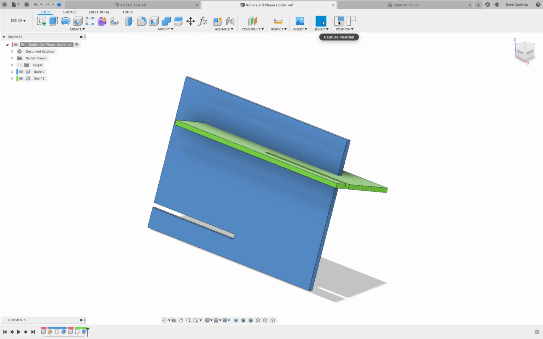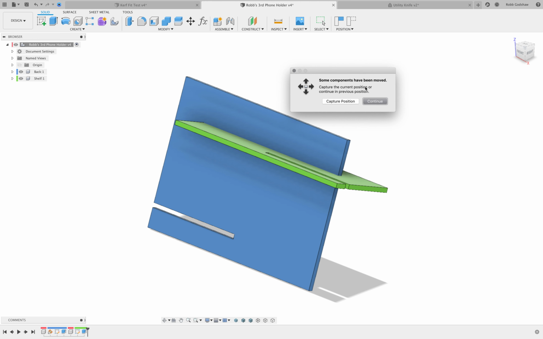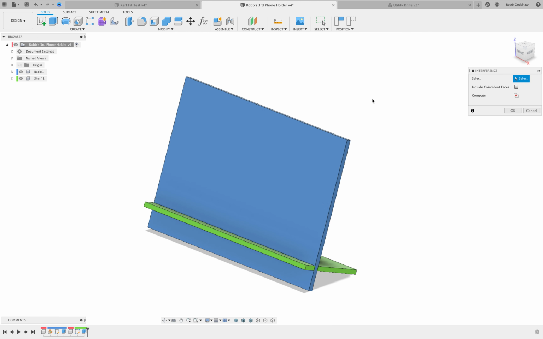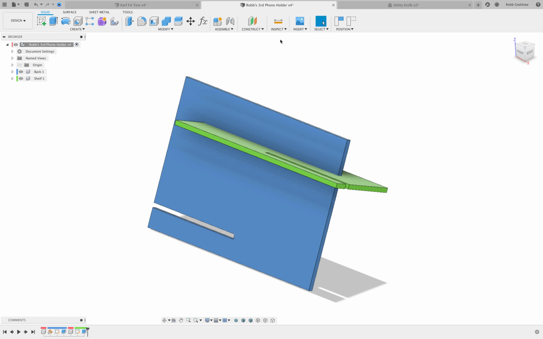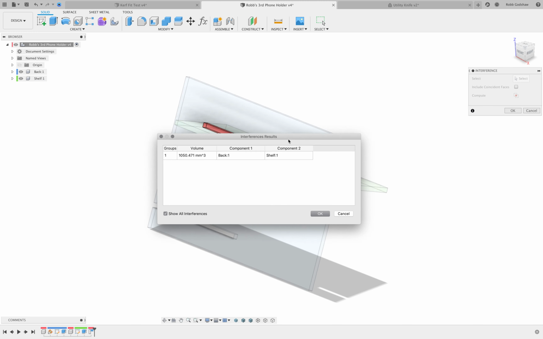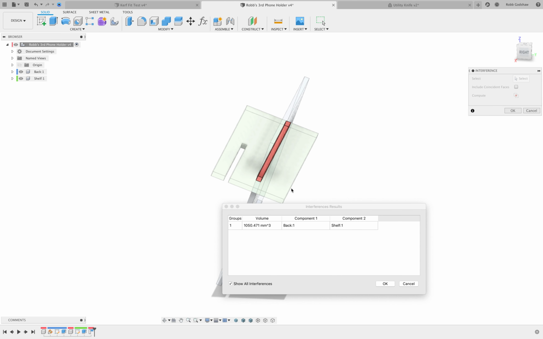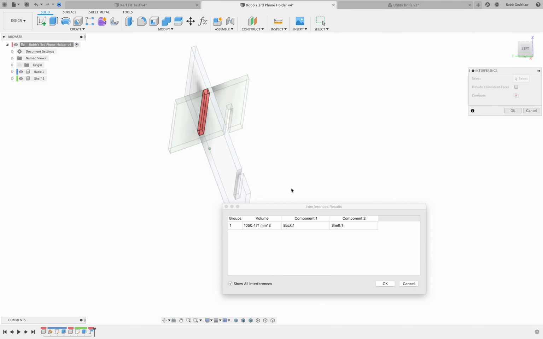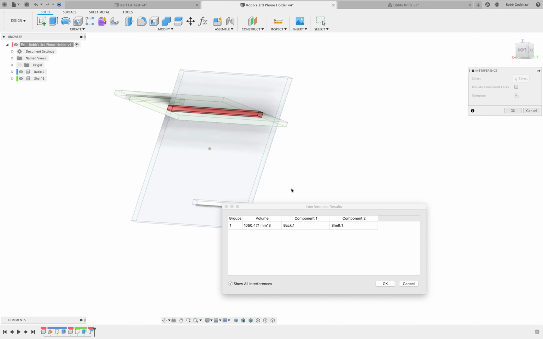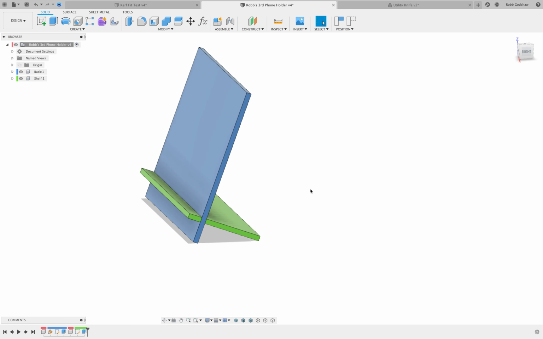I'm going to go ahead and click capture position, because otherwise when I do inspect interference, it'll give me this pop-up, and it's just like, do you want to continue or do you want to capture? And if you do continue, it'll snap things back, and usually that's what you want, but this time I actually want to capture just so I can show you that it's wrong. And it'll be like, oh, 1,050 millimeters cubed of volume are in common between these two things, and that's a big problem. Because you can't manufacture something this way. But if I hit cancel and then Control Z,